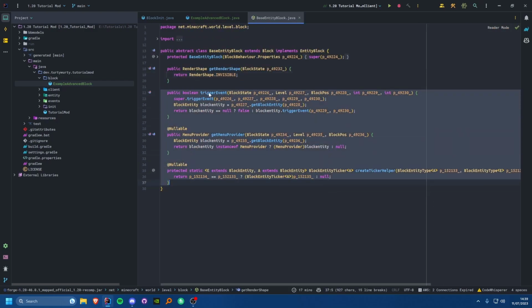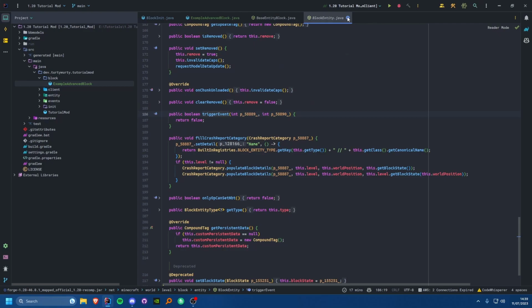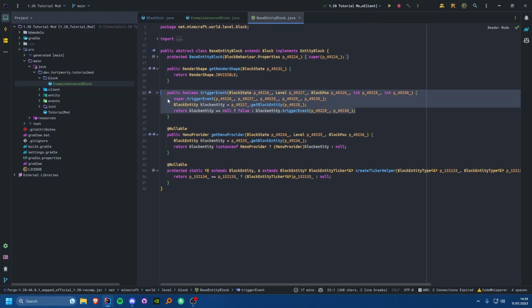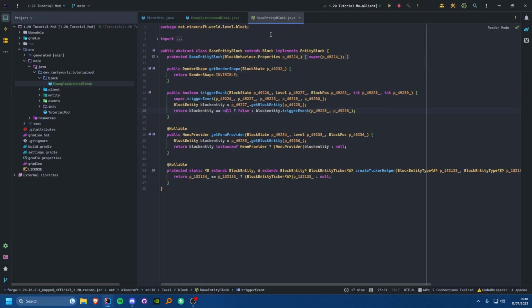So first we've got trigger event. This is just for like Vanilla's event triggering system, which is really bad, let's be honest. I wouldn't really worry about doing this. You can implement this if you want, like in here, but I don't think there's any point really. I don't think most people use it because it's not a very good system, but you could do that if you want. So that is one benefit of using this, because you don't have to copy this in.